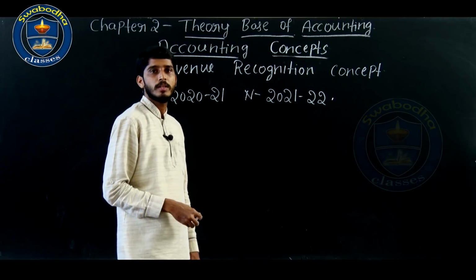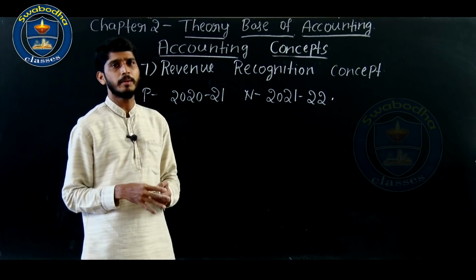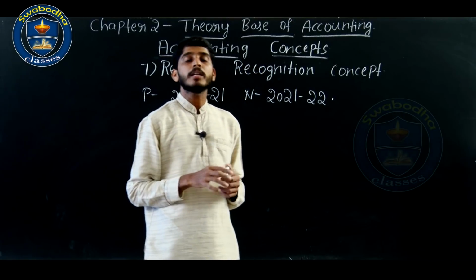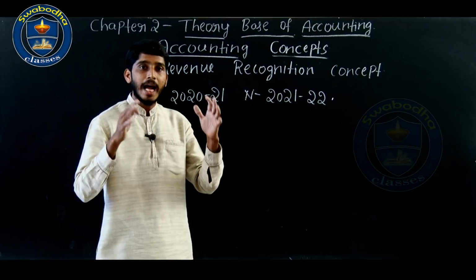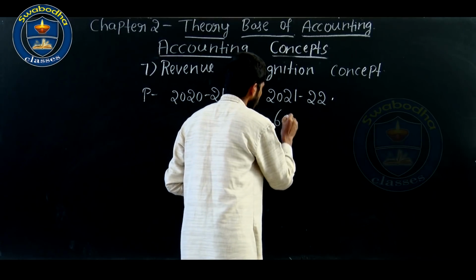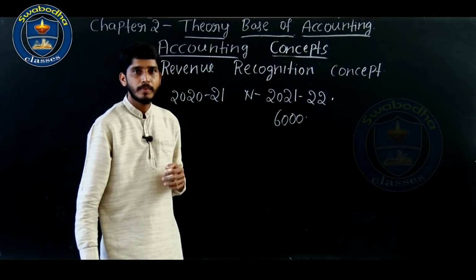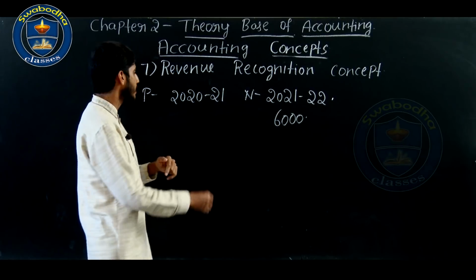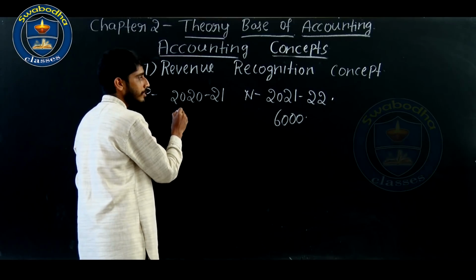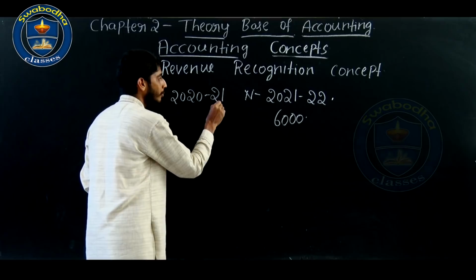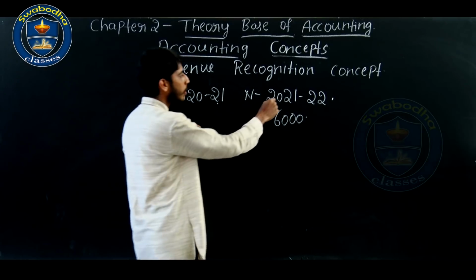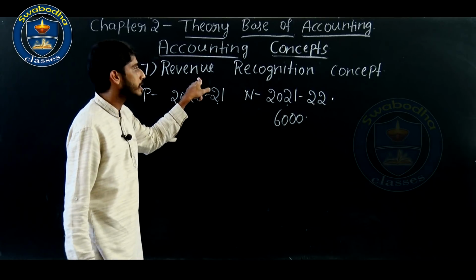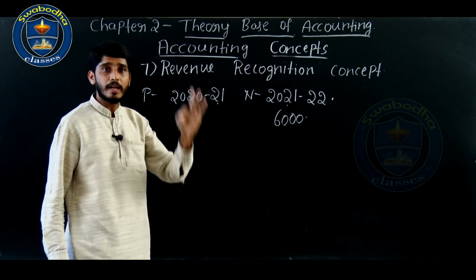Now you have received some income, maybe rent. You have a factory, you have given it on a rental basis and you have received rent. That rent of rupees 6,000 belongs to the next accounting year, 2021-22. But you received it in the month of December 2020. That means you received it in the 2020-21 accounting year. Actually, it belongs to the 2021-22 accounting year. Now, the revenue recognition concept clearly states that this particular revenue has to be recorded